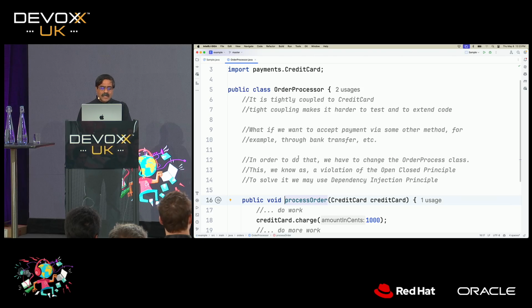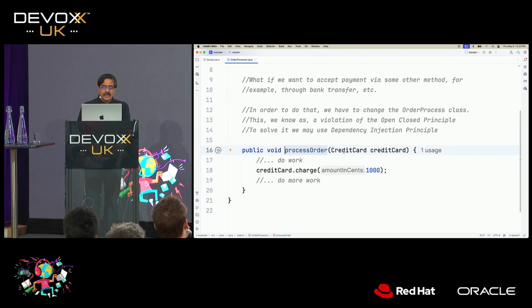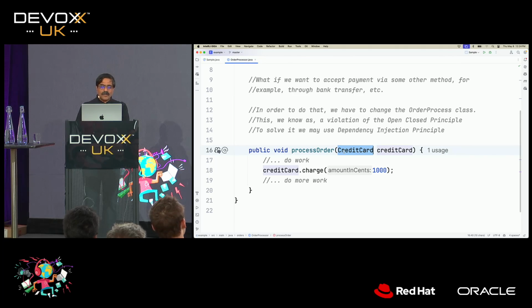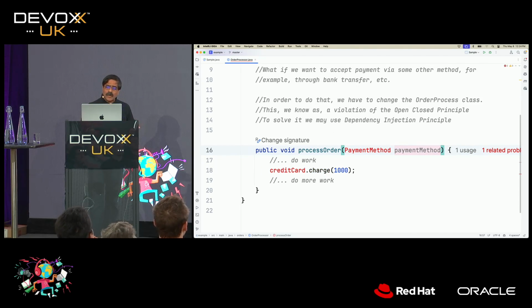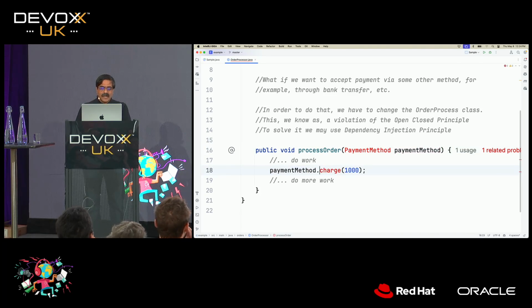So what would we typically do in this particular case? You might say, gosh, we want to support different payment methods, so you may not want to use a credit card directly. Maybe we'll use a payment method right there, and we'll call this a payment method. Okay, so what are we going to do with the payment method? Maybe we will say this is the payment method, and then we'll call a pay method on the payment method. Maybe that's what we want to really do.